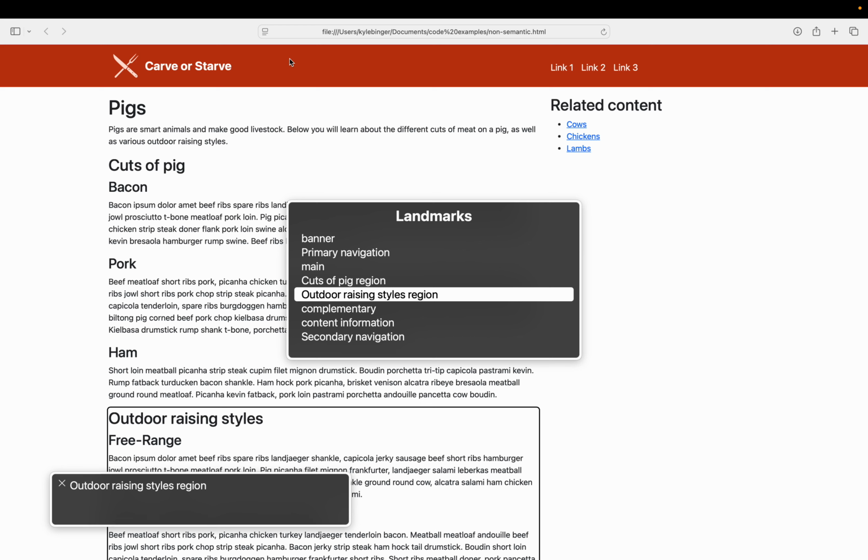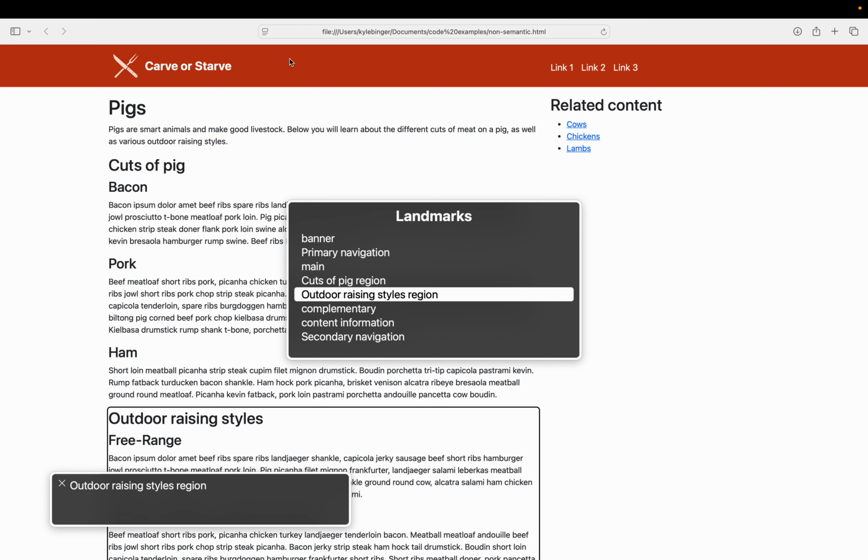It is important that your section tags are paired with a heading because that's what your ARIA labelledby attribute is going to point to. And including the attribute will ensure that screen readers will pick up on those sections. Sections are not something that you want to overuse. So again, they're for thematically similar and related content within a larger piece.